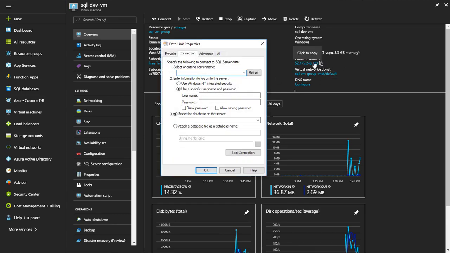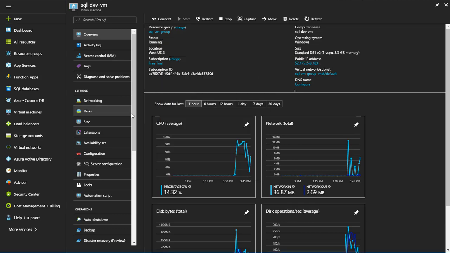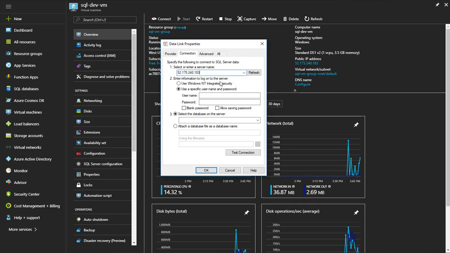So I will copy the IP address of the virtual machine, and paste that in there, and use the username and password that was set for the database, which just happens to be the same as the virtual login. And then I'm going to test the connection. And you'll see that by the length of time that it's taking to process that something's up. And as I suspected, it will fail